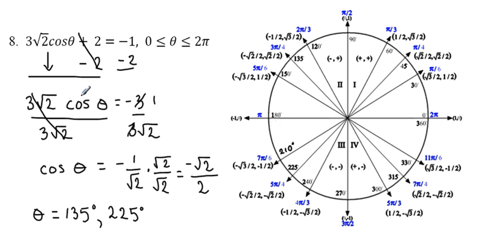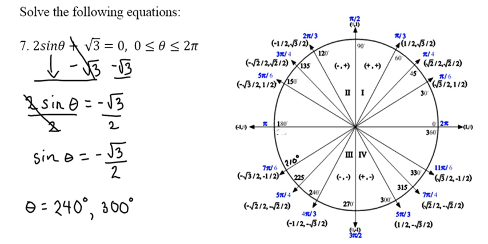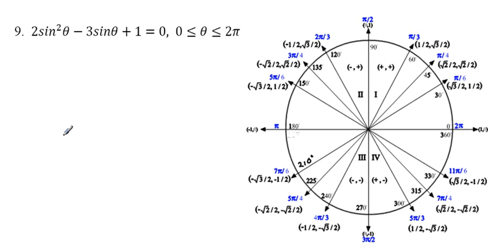Okay, next up, we have 2 sine squared theta minus 3 sine theta plus 1 equals 0. Now, this time, unlike the previous examples, we do have the sine being raised to an exponent. So what we're going to do is rewrite our equation, and we are going to